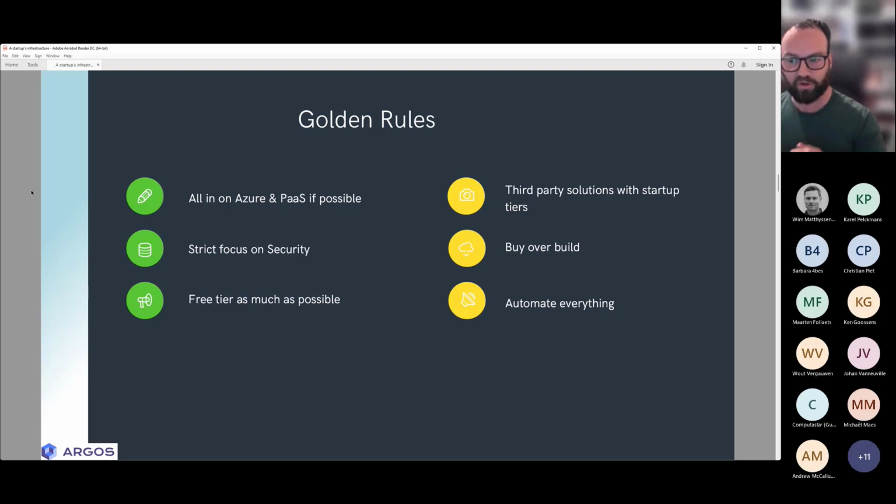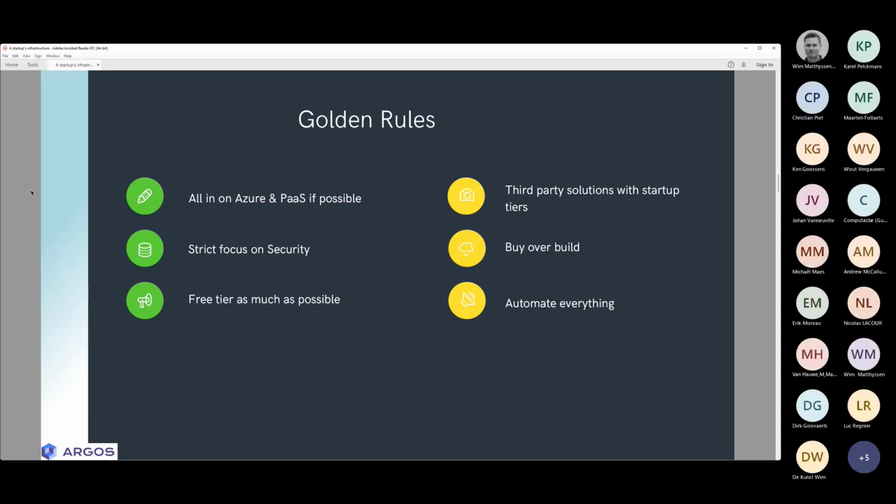And it had to be all in on Azure. I don't believe in multi-cloud for a single application. Rubbish, in my opinion. So all in on Azure. Vendor lock-in is a good thing because then you can actually go and leverage the